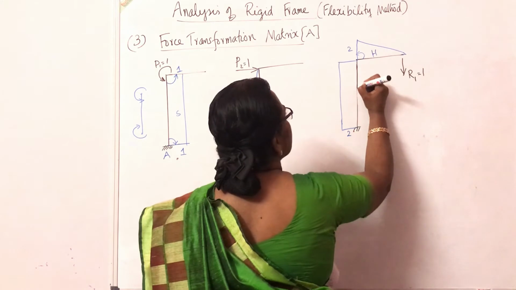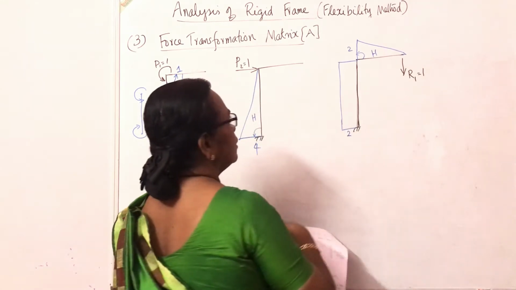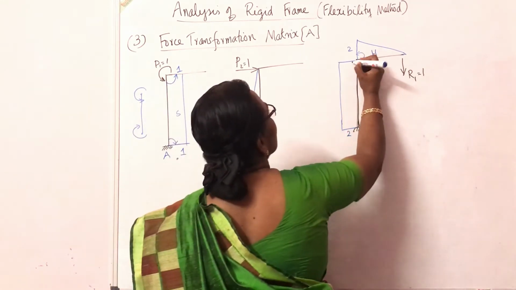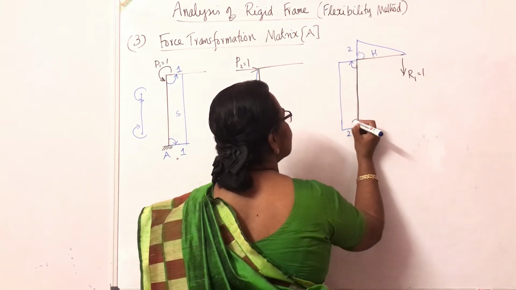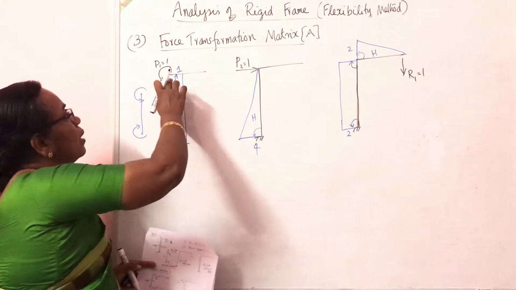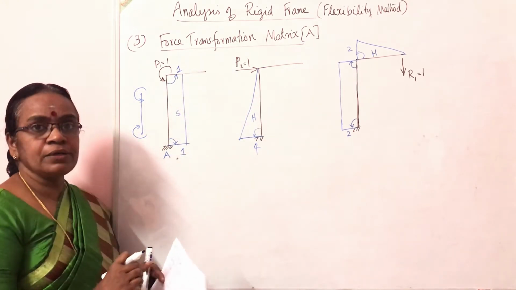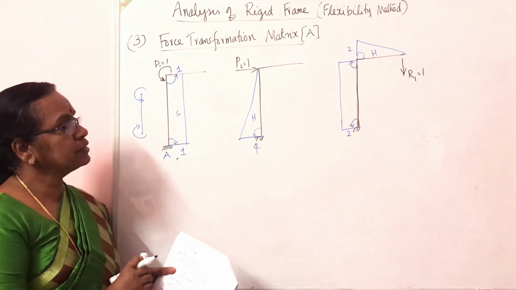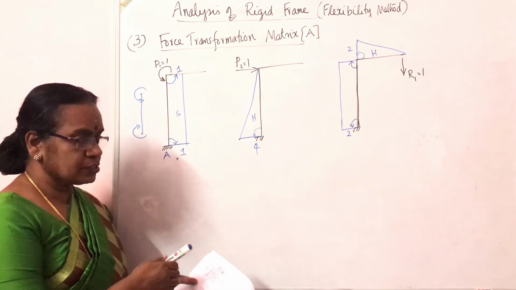This is the original frame. The bending moment diagram is drawn in blue color. This is anti-clockwise, this is clockwise, this is anti-clockwise. So it's very simple now. The problem has become: apply the loads one by one, the redundant, and draw the bending moment diagrams. Now we can write the